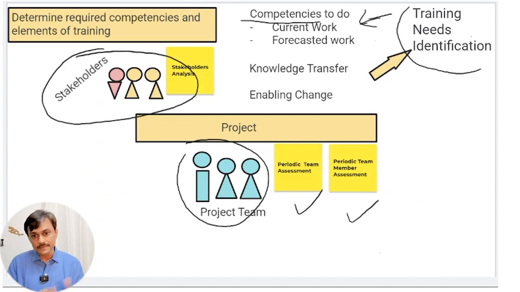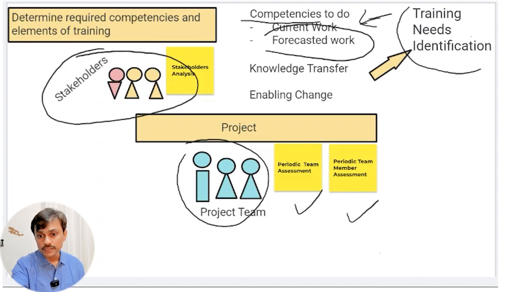And if I see there are gaps in handling that, I need to definitely identify the training needs for it. Similarly, I also need to focus on forecasted work. So what I see coming in, maybe in the next month or the next iteration in case of an agile way of working, I need to get ready: do we have the right skilled people competent enough to do